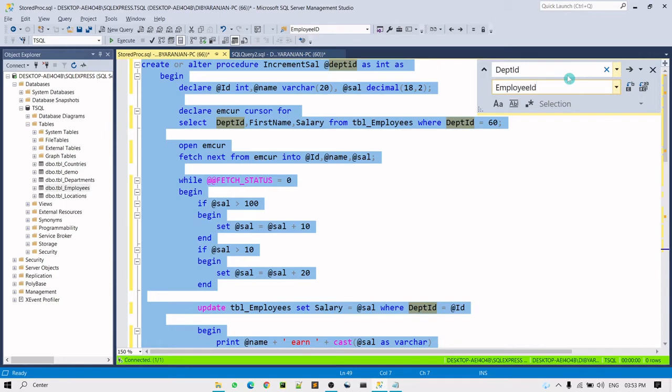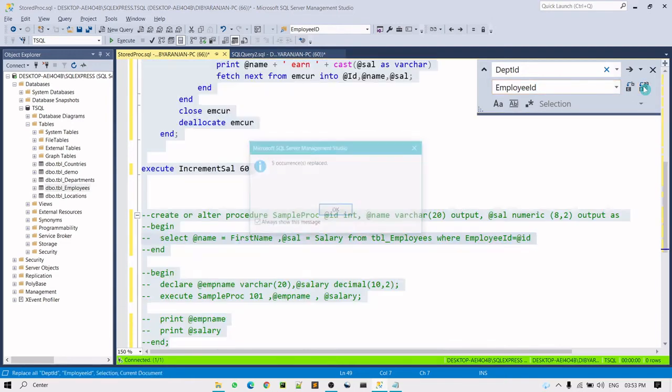You press this button here and it will replace all the occurrences of the department ID with the employee ID. So it found there are 5 occurrences of department ID and it replaced them with the employee ID.